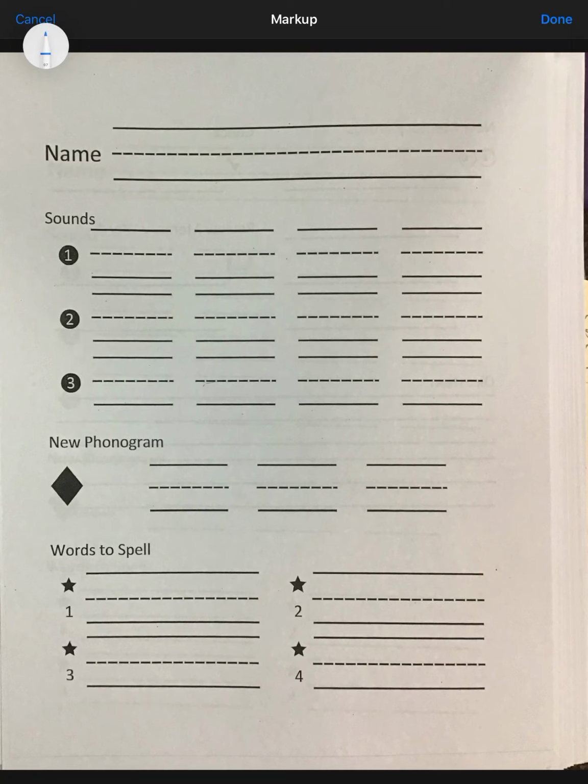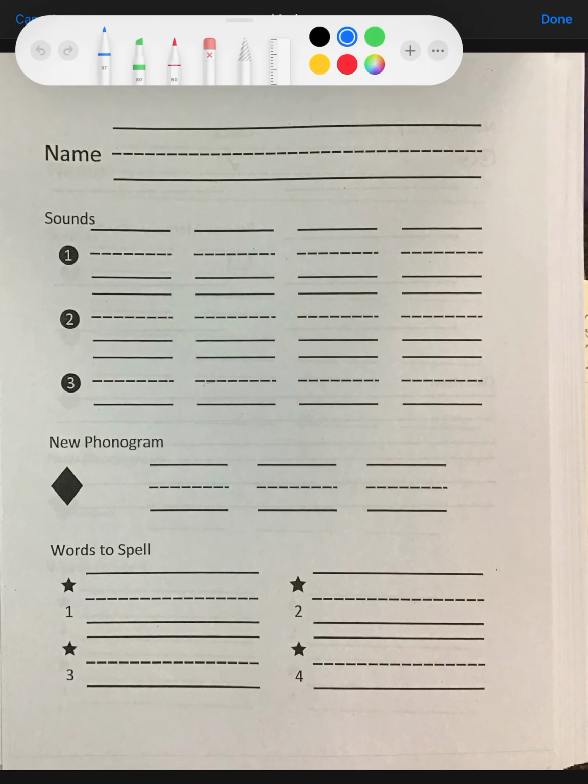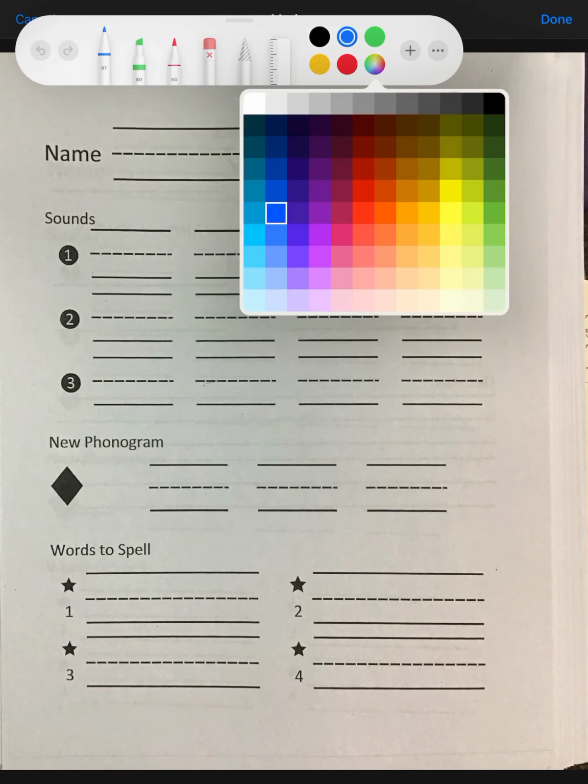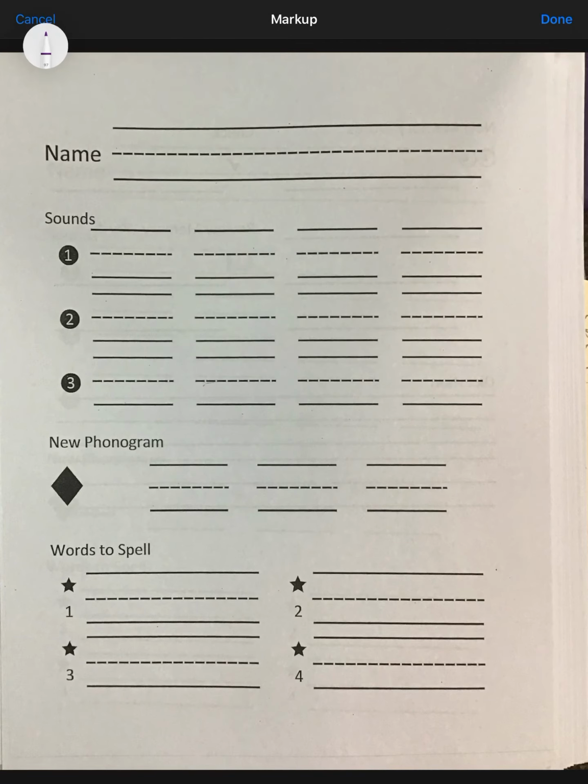Make sure that your name starts with a capital and ends with a lowercase letter. Mrs. B has to have a period in hers because Mrs. is her abbreviation. All right, our first sound that I want you to make next to the number 1 is